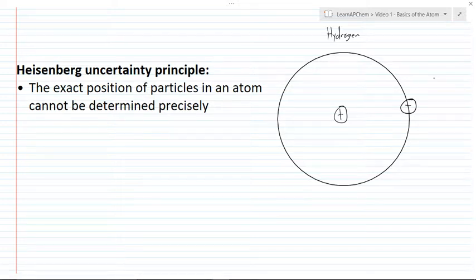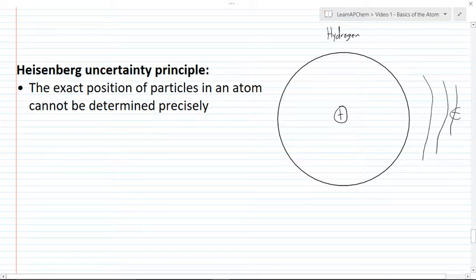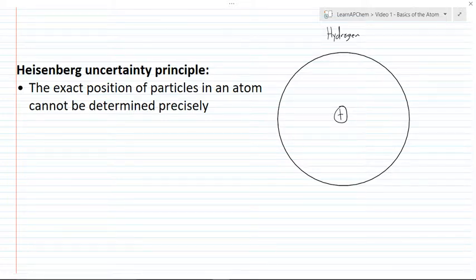When it comes to real chemistry, these electrons can be anywhere. So here we only have 1, so this could be on the 4th energy level, it could be way out in space. Now, the Heisenberg uncertainty principle just says that you can't determine it precisely. What it does talk about is probability. It says that that electron is probably on the 1st energy level. It's probably not on the moon or space. But you can't determine the position precisely.